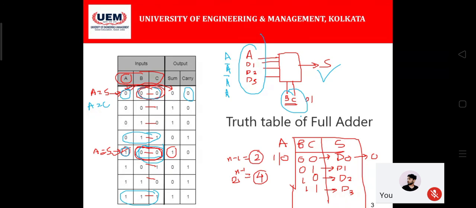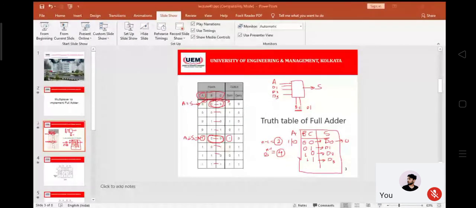Okay, so that's all for today. I hope you have understood the functionalities of a multiplexer that can be used as